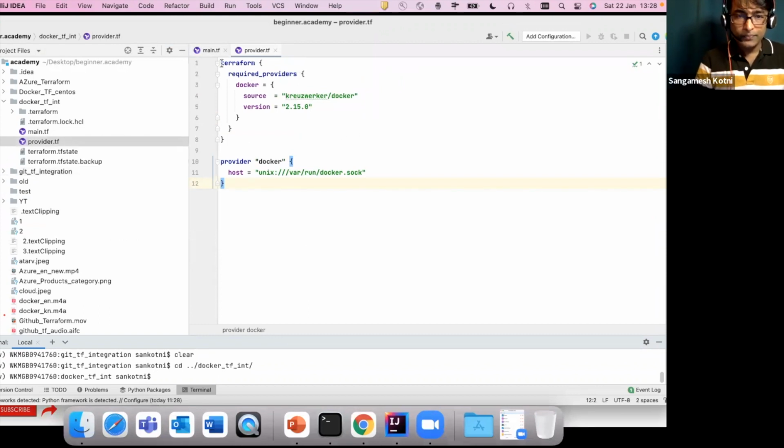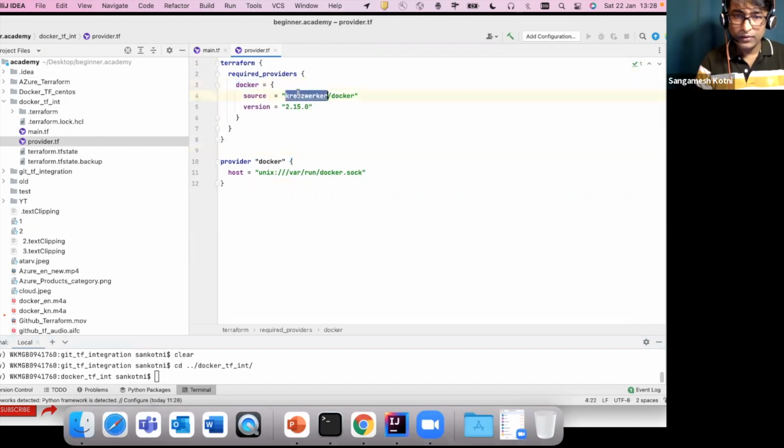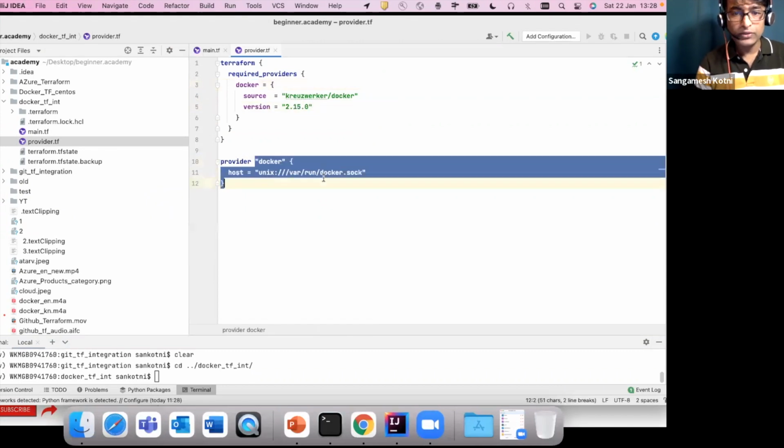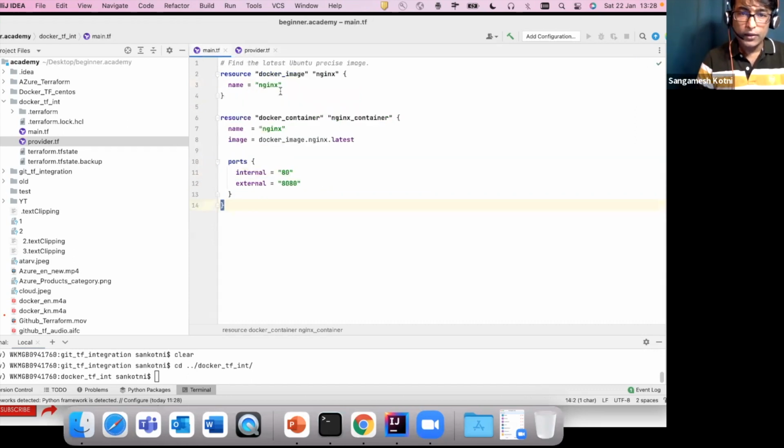So if you see here, this is the provider for Docker. Okay. This is, which is there in the Terraform registry. Okay, this is the version, and this is the provider configuration. It should be there. In this case it is running on my own laptop. Okay, and in order to create